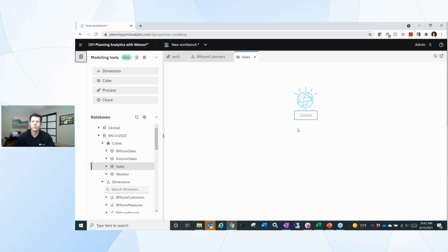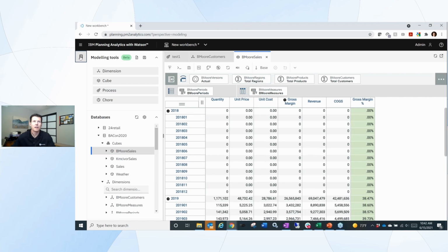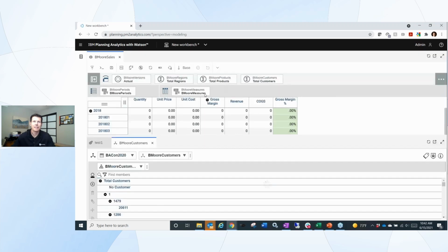All right, let's try a different cube. Of course, this product's in beta, so hopefully that's not being an issue. Brian Moore sales, add a new view. That's better. All right, with 3 tabs open, let's show you that similar to Microsoft Windows, I can orient the